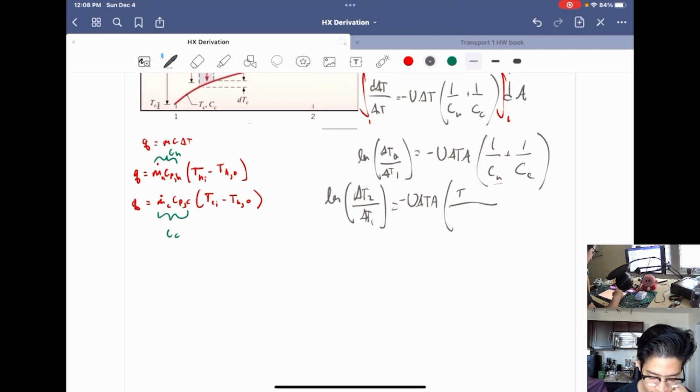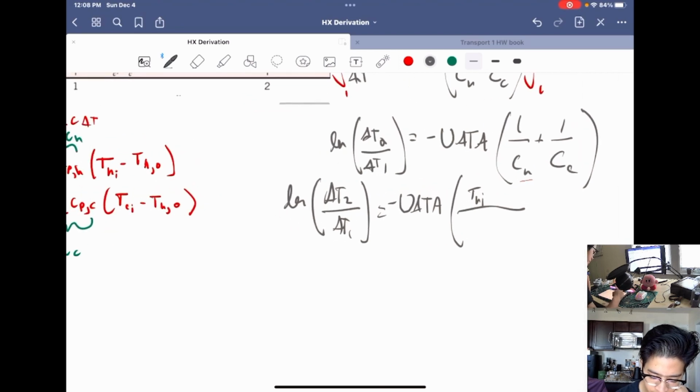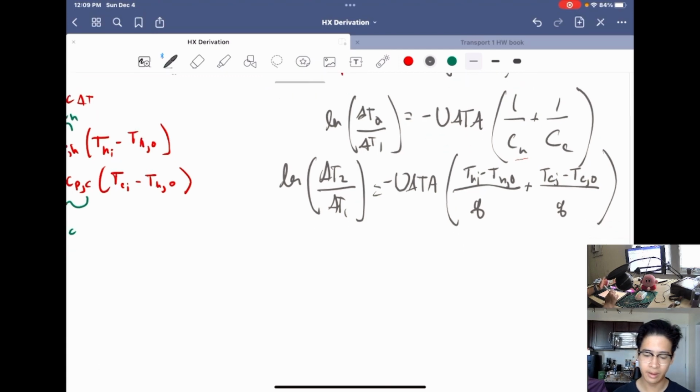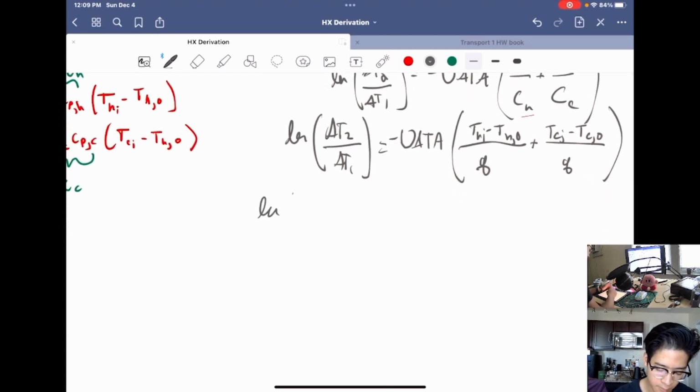So this should be temperature hot in minus temperature hot out over heat flow rate, plus temperature cold in minus temperature cold out over heat flow rate. There we go. And what we can do is pull that Q term out, and that's what